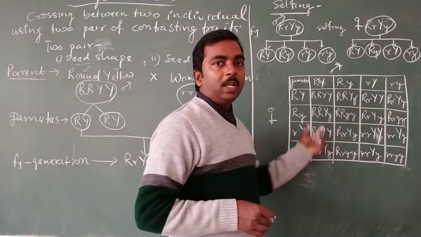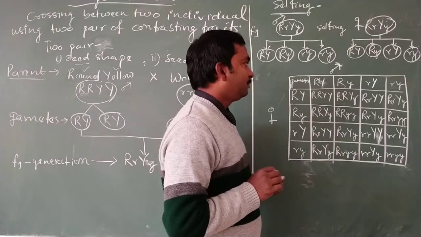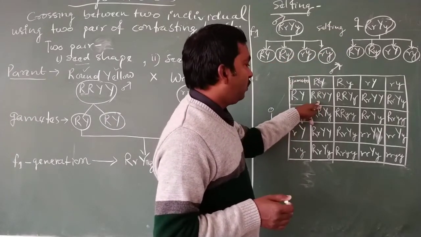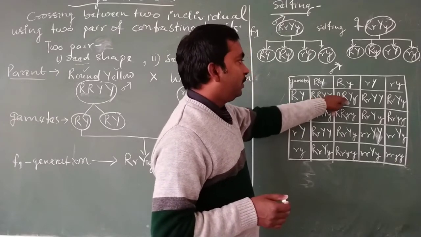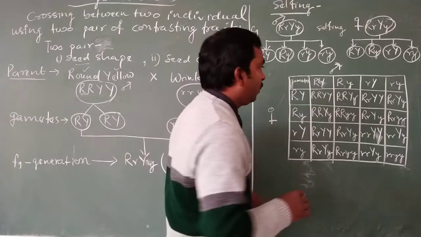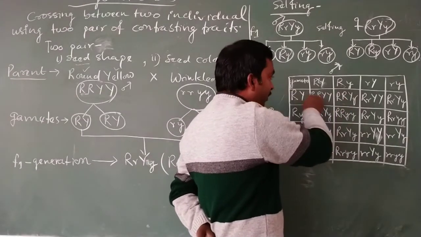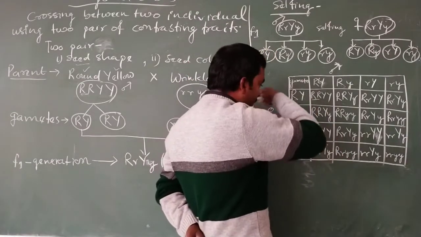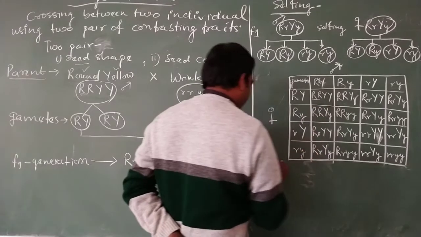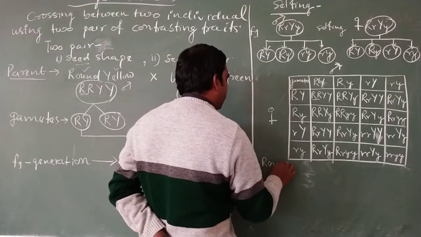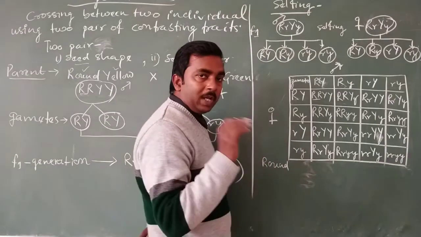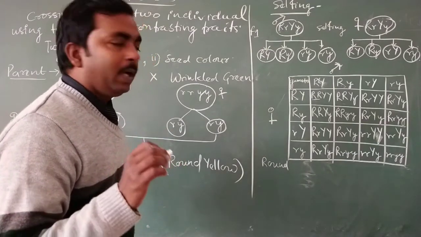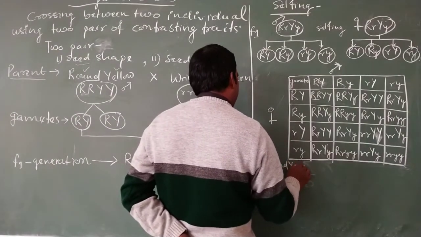So here we can see easily the genotype and phenotype. So what will be the phenotype for this outcome? This is also the same as this phenotype, because here the roundness depends on the capital letter. So the first outcome is round and yellow. So capital R and capital Y represent the round and yellow appearance. Round yellow.